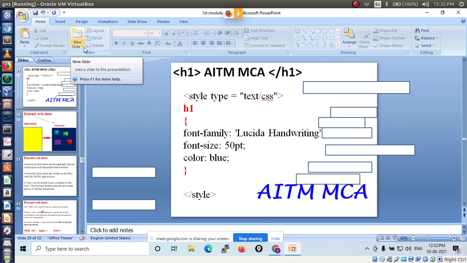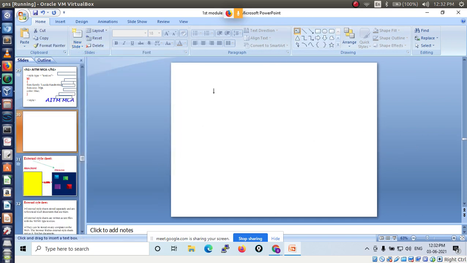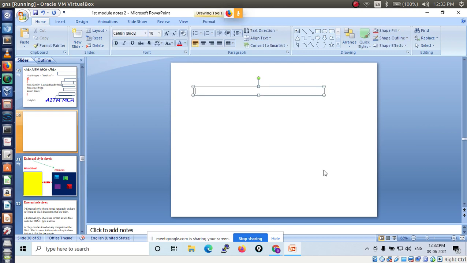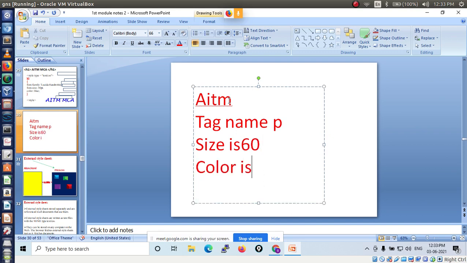This one is over? I am writing, Kiran, wait. AITM you have to display in red color and the tag name is P. You forget about font family. Only take the tag name, that is P, then size is 60, then color is red.